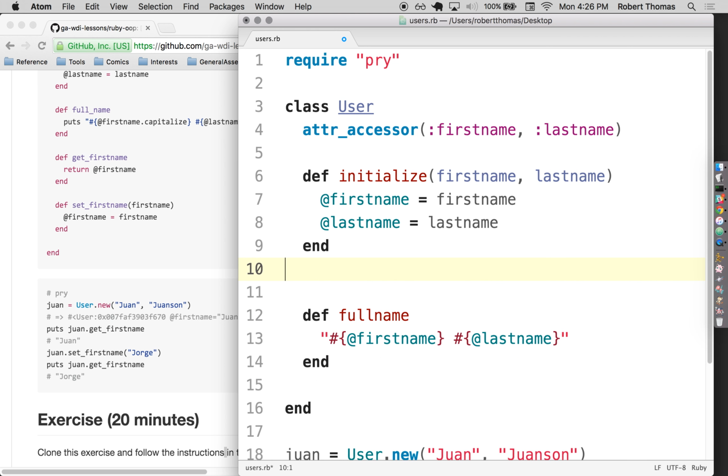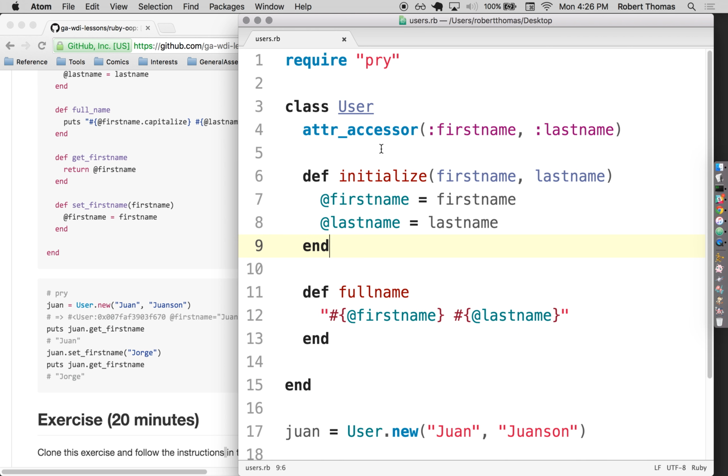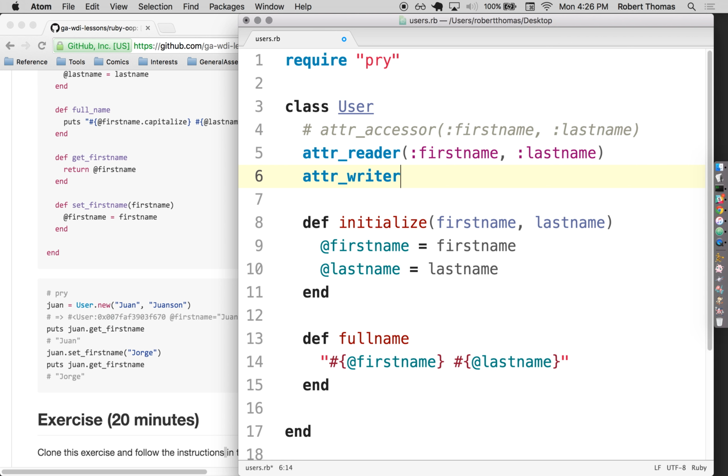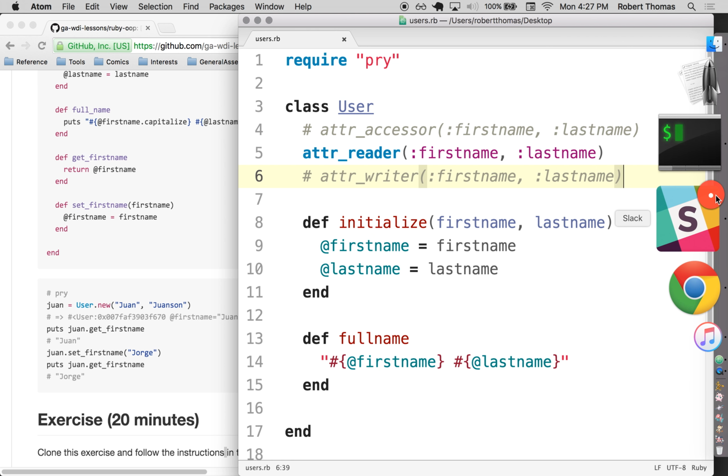Well, attr_accessor is actually a shortcut for some shortcuts. What attr_accessor actually does is it's a combination of two other things: attr_reader :first_name, :last_name, and attr_writer :first_name, :last_name. The difference is that attr_reader creates that getter method for you, whereas attr_writer creates the setter method for you. So if I don't have attr_writer in here,